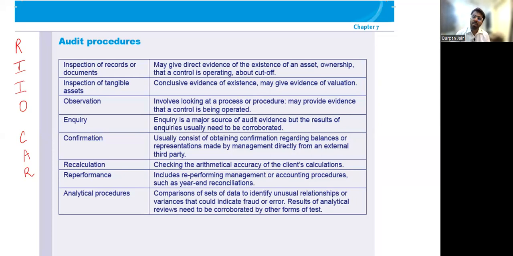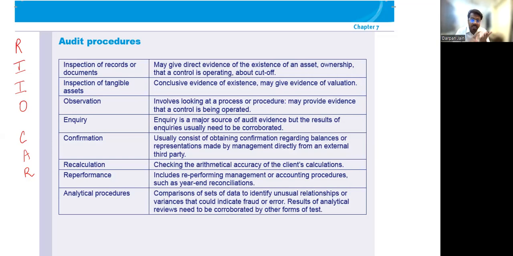For example, one of the internal controls was authorization, right? Now, if you want to check whether that authorization is done or not, for example, let's say every sales invoice is to be authorized by the manager. What can you do?